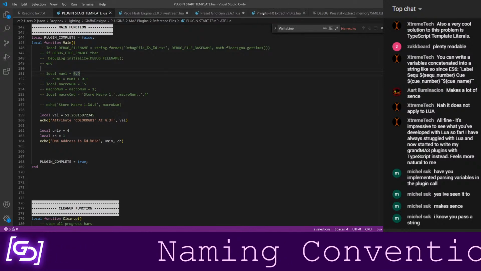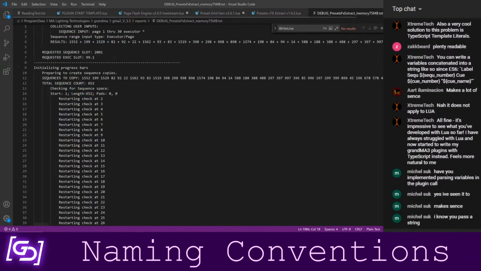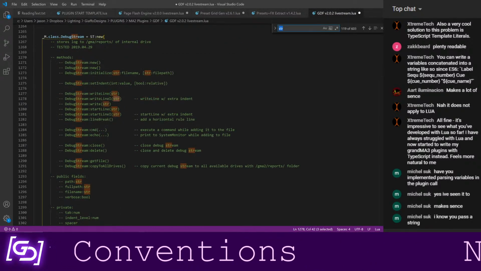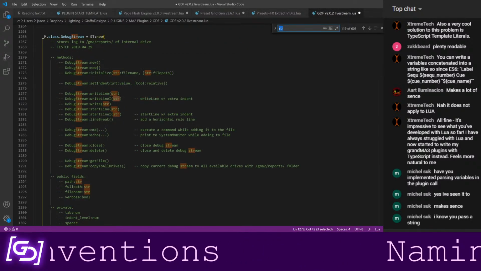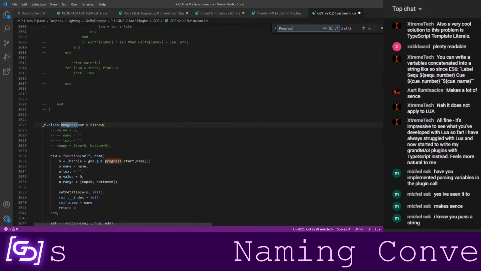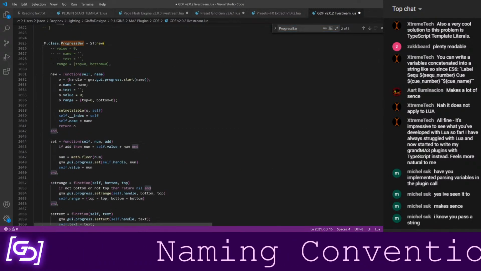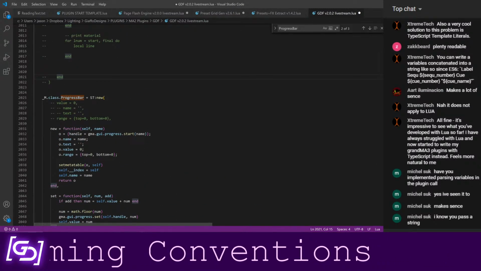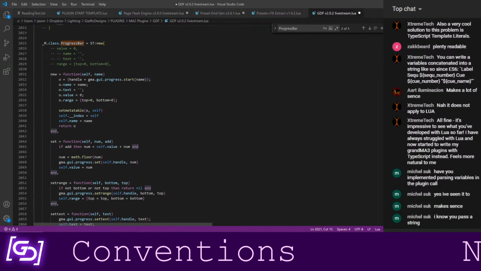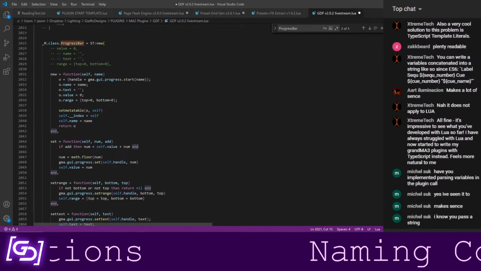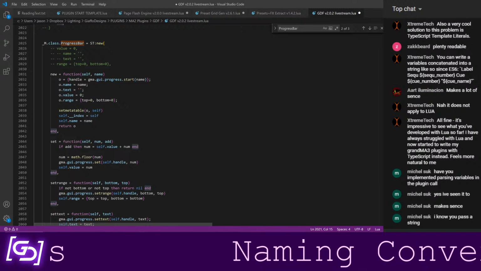So if I were somewhere in here, I've opened too many tabs. Okay, all right, class.progressbar. This is a class that I've written for handling progress bars. For anybody who has not worked with progress bars before, when you create a progress bar, it returns a number to you.